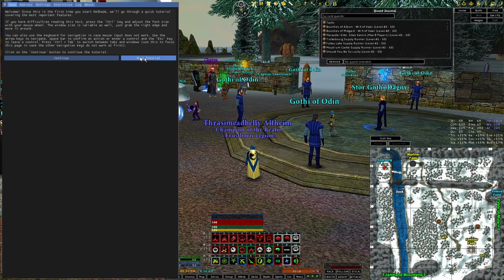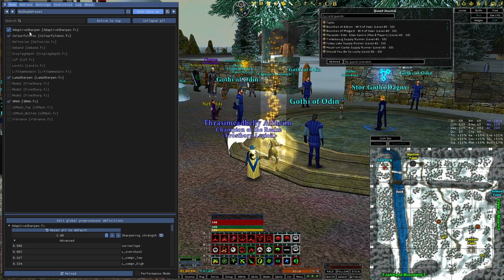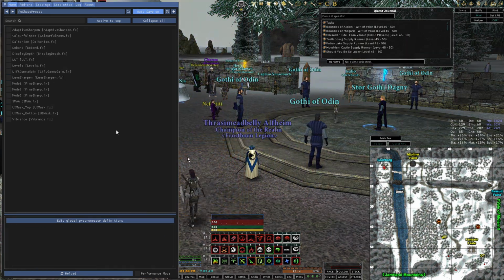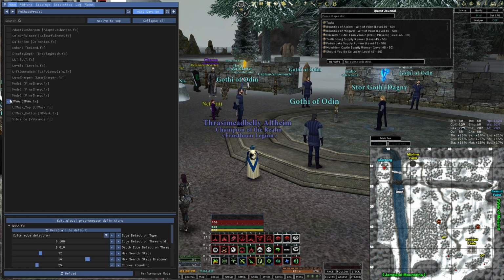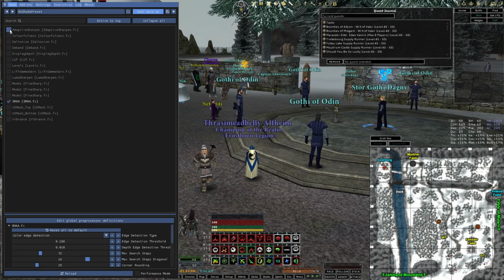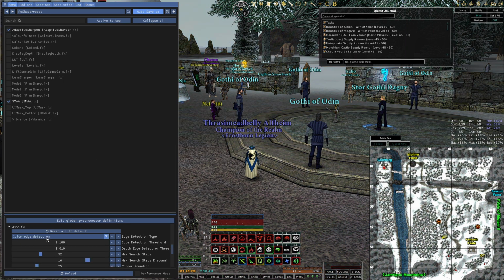You can either do the tutorial, but I don't need to be doing that. Then you see here what I have active. So if we take all out, that's the game base. Then you see I've put in this. I've got adaptive colorfulness. The adaptive sharpness just gives you on the colorfulness, for example,